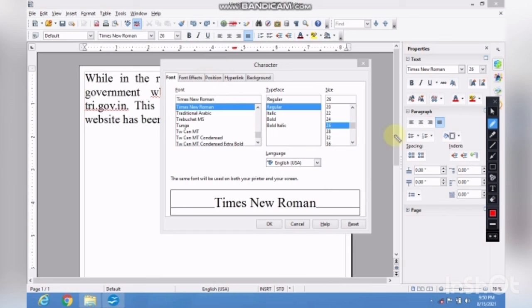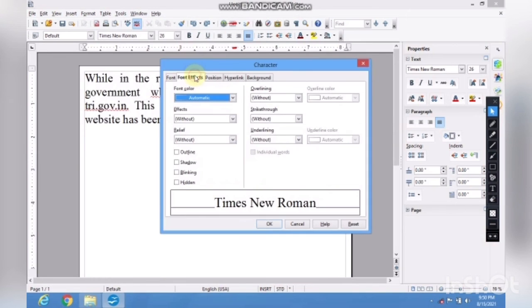Here you can see this color blue is the automatic color. Okay, we can go with a number of colors. So if I select red 3, okay, red shade number 3, and here we have overlining, strikethrough effect, and so many more things are there, so you can apply it. Next is position. So here also position, subscript, superscript, rotation if you want, then you can go for that.